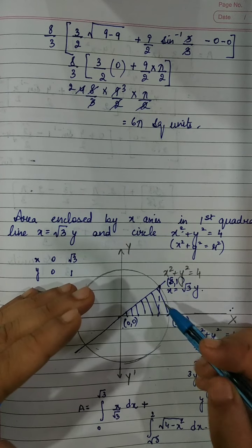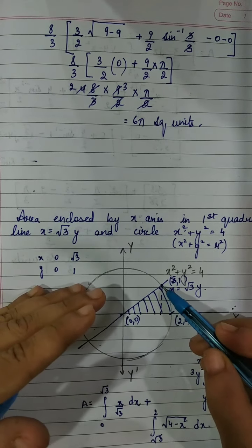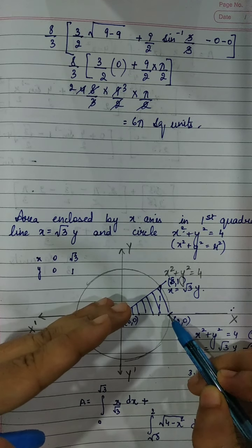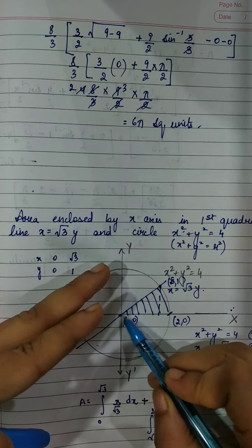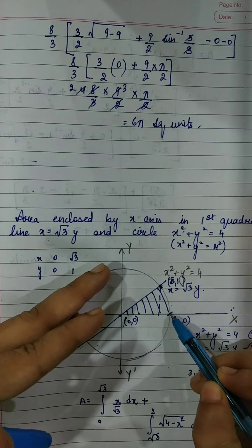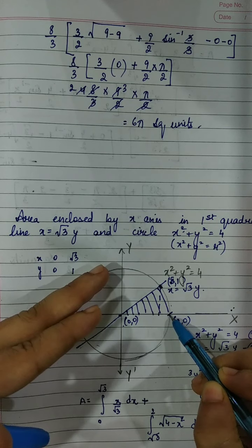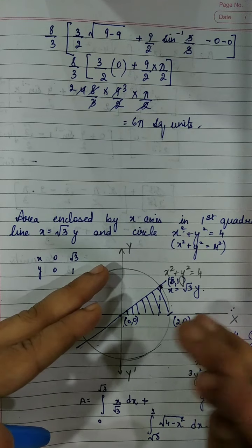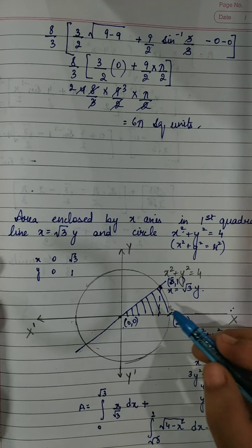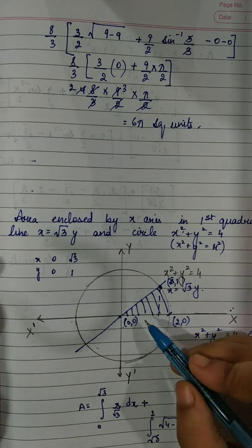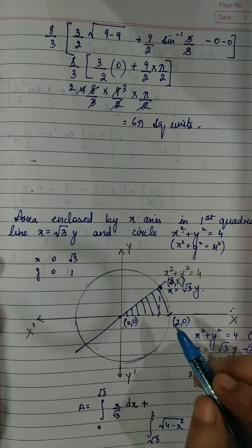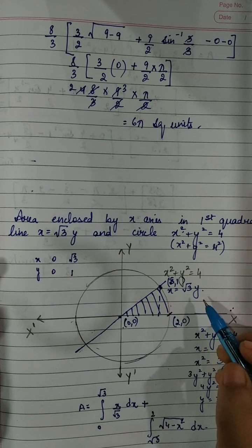There are two things here: one is a line and the other one is the circle. If I see this particular part, from here to here it is made up of a line, and from here to here it is a part of a circle. So such figures are adjoining, adjacent figures. In case of adjacent figures, we always add up the areas of the two patterns, either two curves or a line and a curve, right?